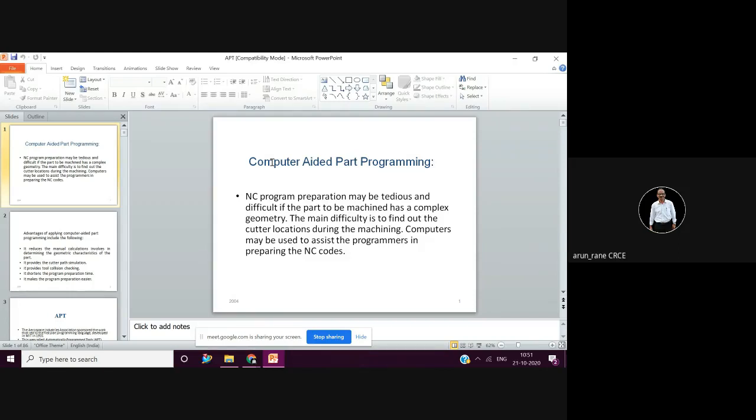SolidWorks is CAD CAM. Now in CAD CAM softwares, some softwares are good only for modeling and some softwares are good only for machining. Every software has the capability of modeling and machining, but some softwares are like Mastercam. Mastercam is very good only for machining. Nobody does modeling in Mastercam, even though it is possible.